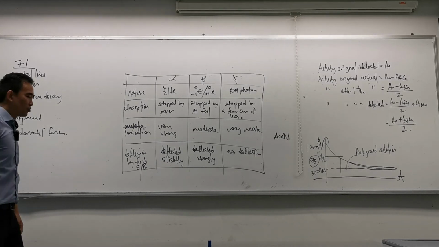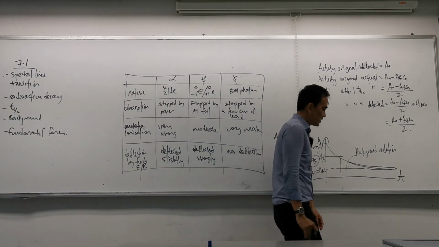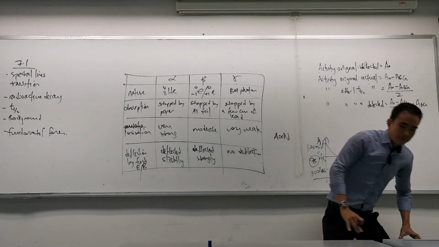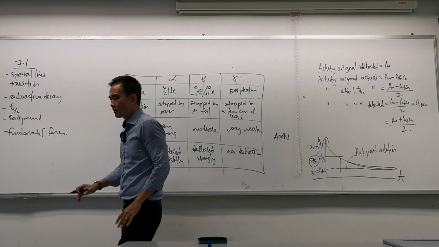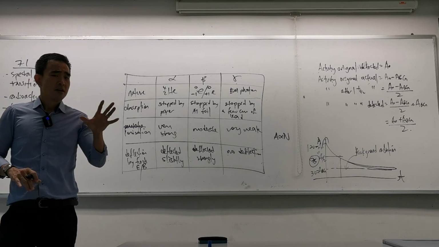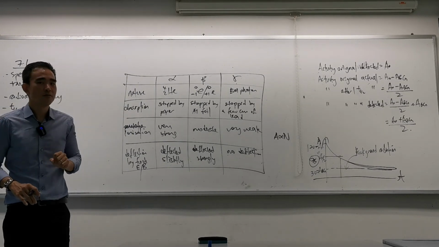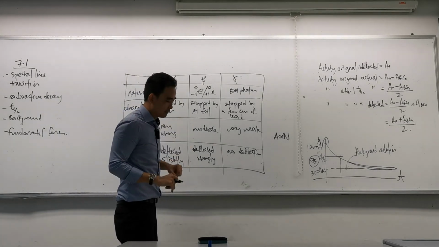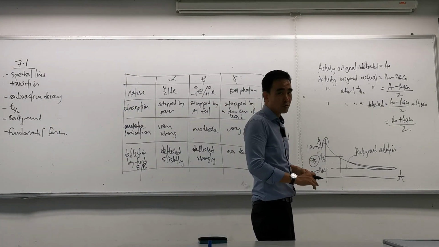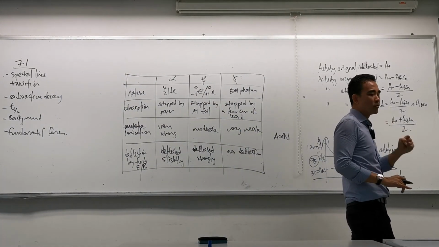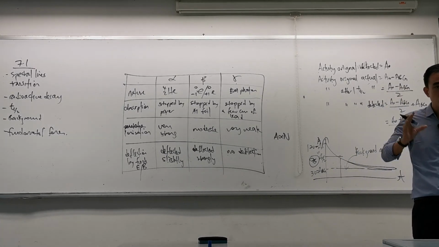So lastly, I would like to go through the forces that are responsible for all this decay. We will not go too deep into it, but just a basic understanding. Like what I said, if you have a building that is too high, it will fall down. What's the force responsible for the decay? If it is too high, gravitational force. So there must be forces responsible for pulling things down, causing it to decay.